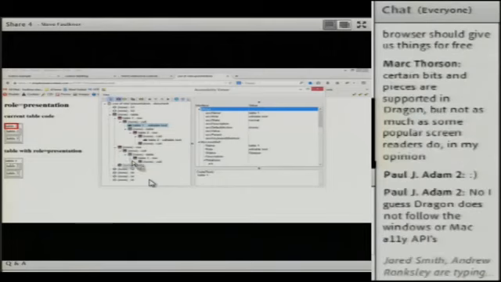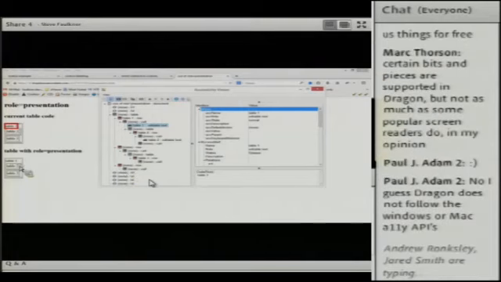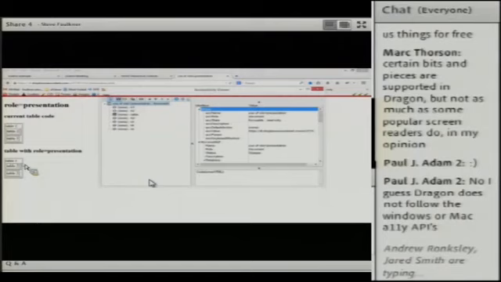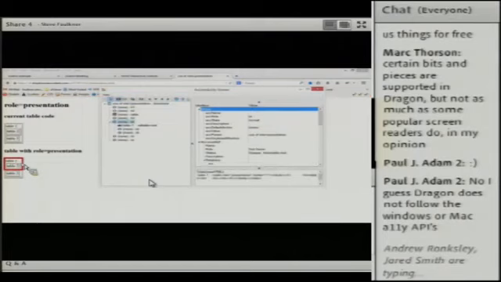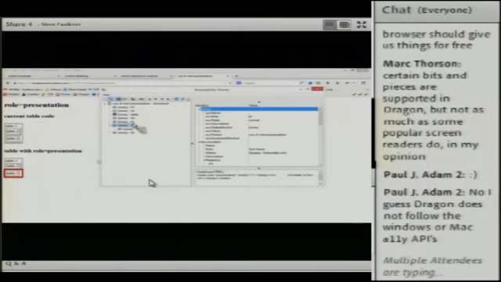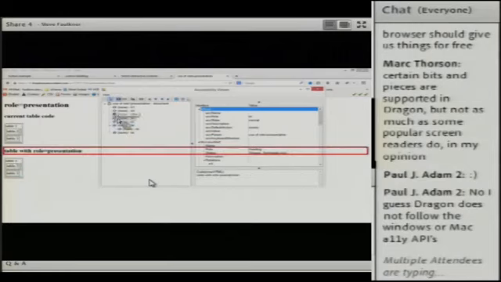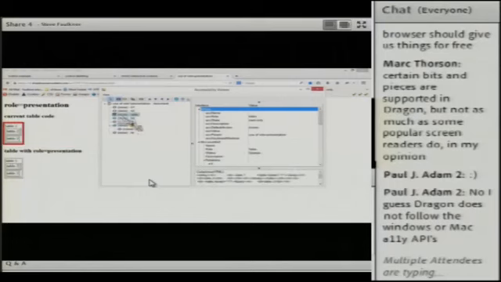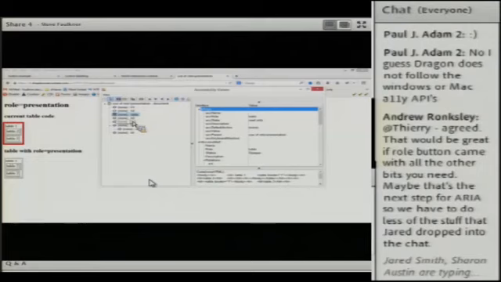But then if we look at the second table, this second table is using role equals presentation, and what we find... Anyway, I'm starting to lose it a bit here.